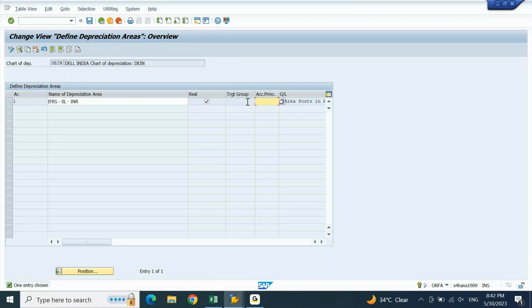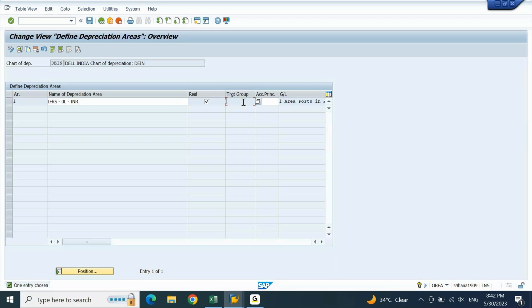Sir, in a real environment, as you mentioned once, we need to create two ledgers, the first one leading and the second one non-leading. So what is the requirement of creating this target group or group ledgers? This target group is nothing but the ledger only. The moment you create a ledger, the ledger by default becomes a ledger group, because there is a requirement to pass ledger-specific entries.